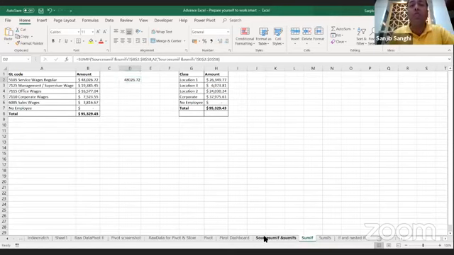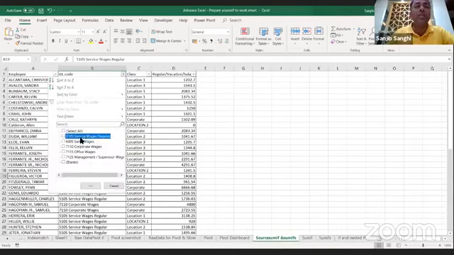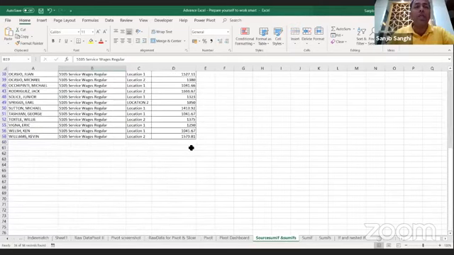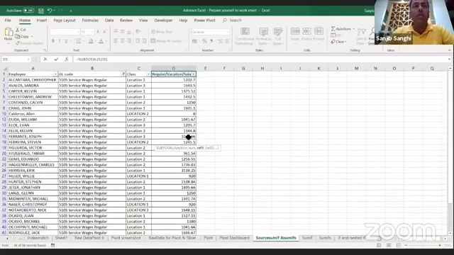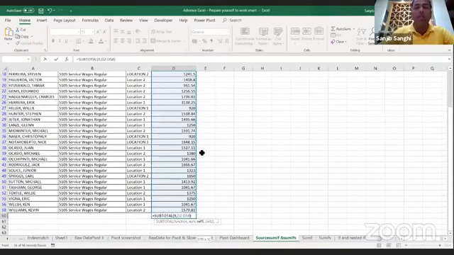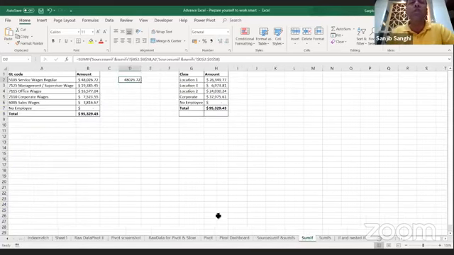Now, if I want to know if this is the right answer, I can always go and do a filter for this. As I said, filter is another option. And if I want to do an Alt equals to for this, which we learned, right? And I'll take this total, Control up, Control Shift down, right? Enter. See, it's the same answer. As I said, filter with subtotal is actually equal to a SUMIF function.